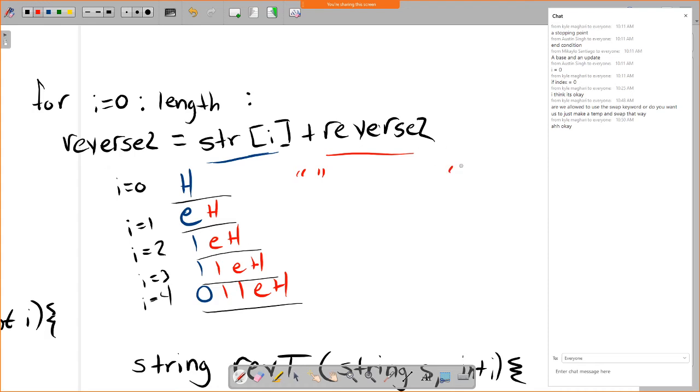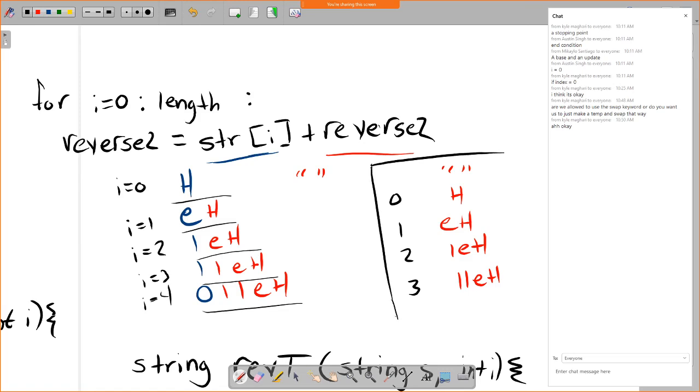If we take a closer look at the actual reverse2 that we have at every single level, then we can make kind of an important distinction about it when we compare it with the i that we have. So this was i equals 0, 1, 2, 3. If I was to make a general statement about this variable that we have here, so this being the reverse2, and this being i,